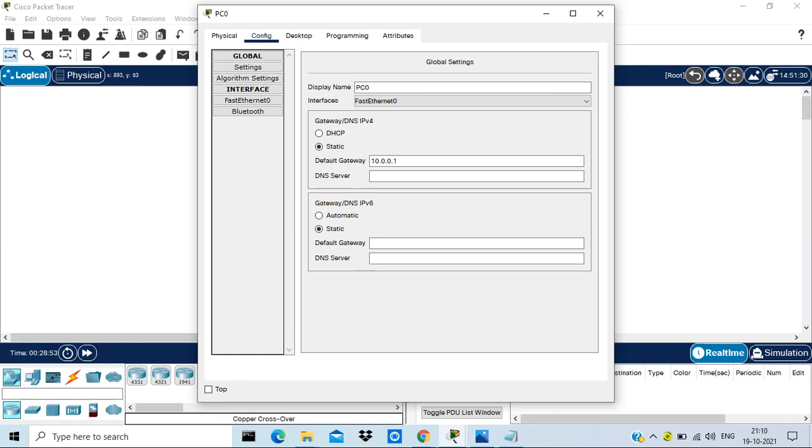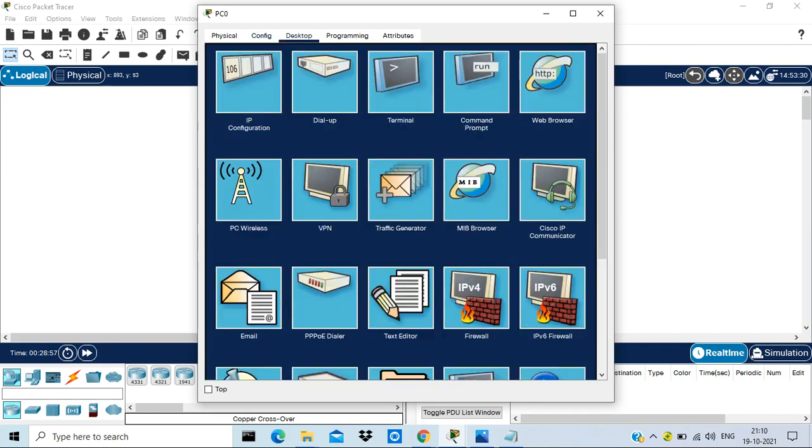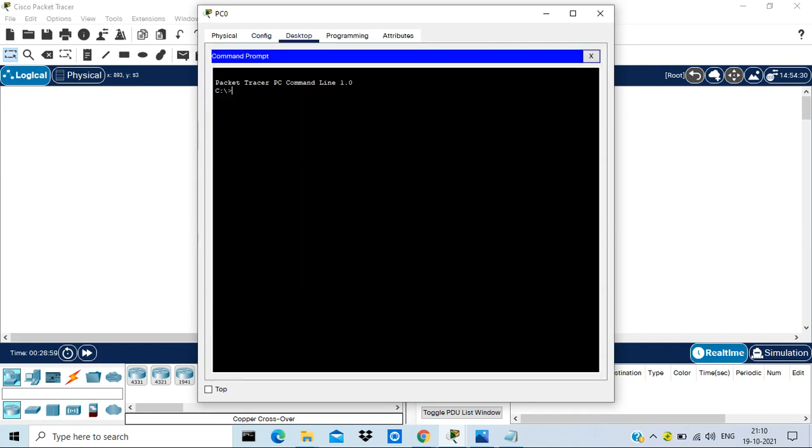The second thing is whether you can ping your gateway. In the command prompt, you need to check whether you can ping your gateway. The gateway is 10.0.0.1, so I can ping my gateway.